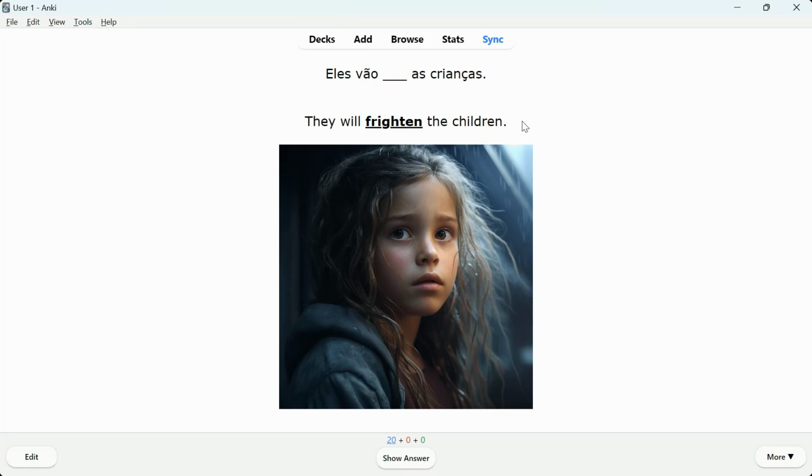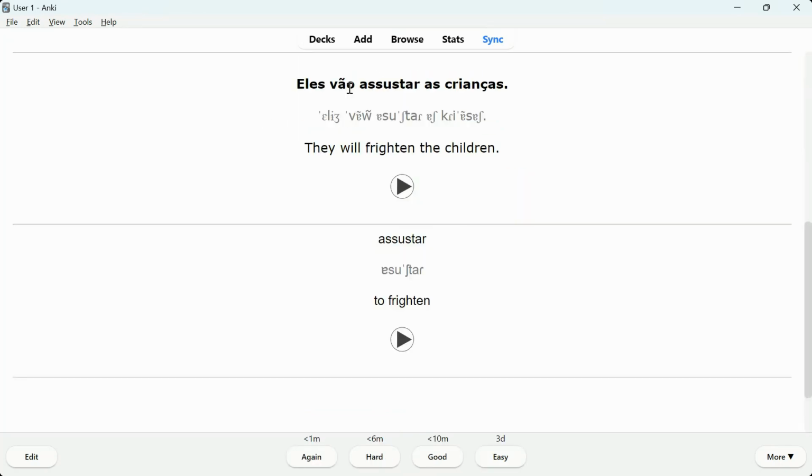We have the English translation of the Portuguese sentence, and of course, a certain part bold and underlined. They will frighten the children. And you see this picture. Eles vão assustar as crianças. Assustar. Now, you may have already noticed the difference. The audio is different, the pronunciation is different, and of course, because of that, the IPA notation is different as